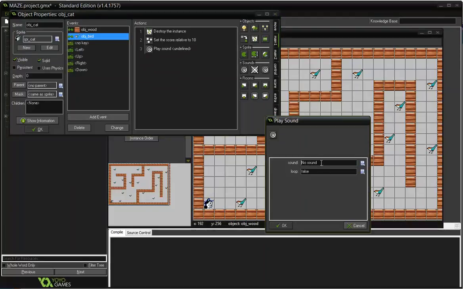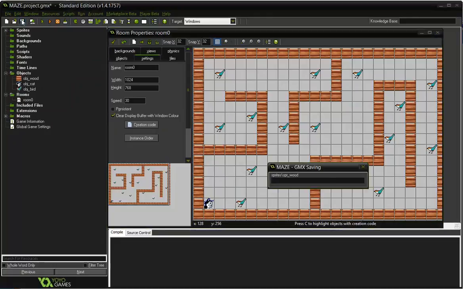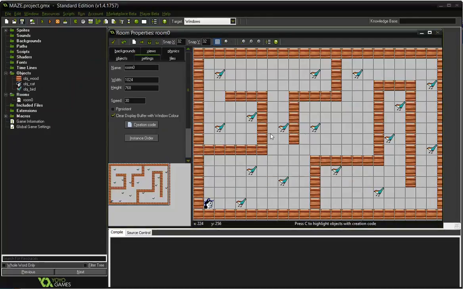Now we need to add a sound file. At the moment we don't have a sound file. So we're going to go OK for that at the moment because it's undefined, because we haven't put what sound we're going to play. We're going to go OK for the cat. We're going to save it. So we've saved it as far as we've done now. Now the next thing we're going to do is find a sound. So we have a look at sounds